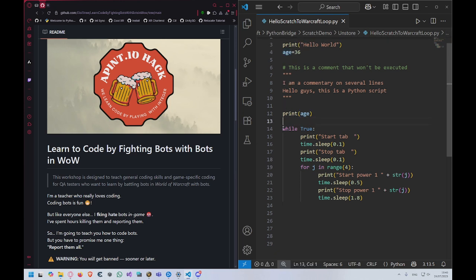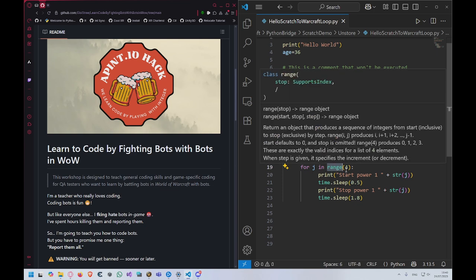Now we do a condition. He said, while it is true, I want to execute this block over there. And we use the tabulation to say, hey, this is the code contained in the while. So we do that, wait, then we go in a for, and for is for the number of times, for this, do that. And we say for 0, 1, 2, 3, for the range who goes from 0 to 4,